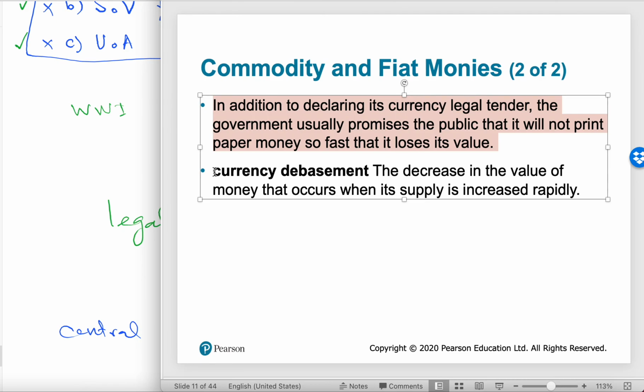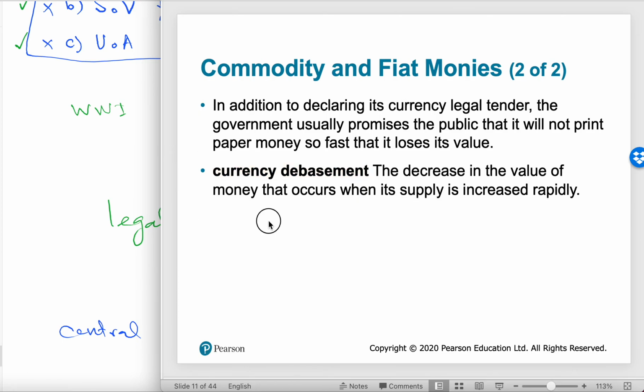So the phenomenon is called currency debasement or currency devaluation. Or, if it is happening naturally, depreciation. If it is deliberately done, it is called devaluation. If it is done through the market mechanism, it is called depreciation. Depreciation means a currency is losing its purchasing power against alternative currencies or the US dollar.